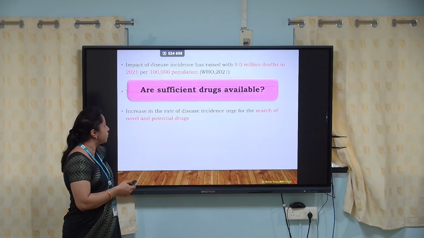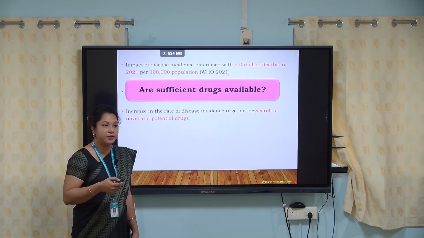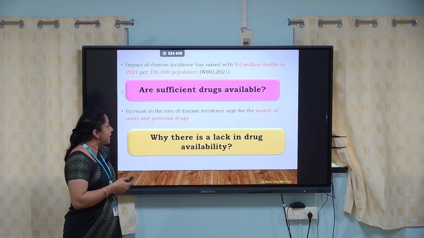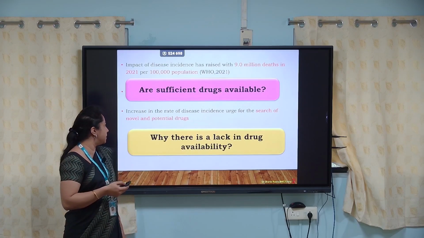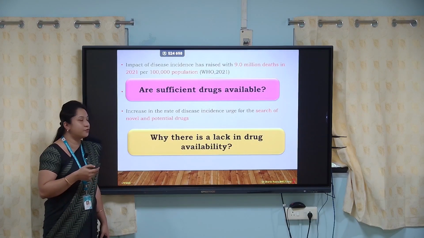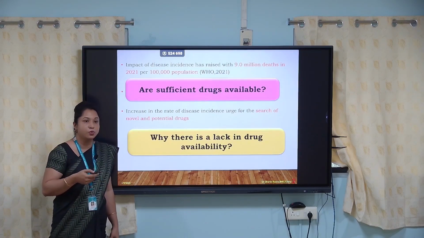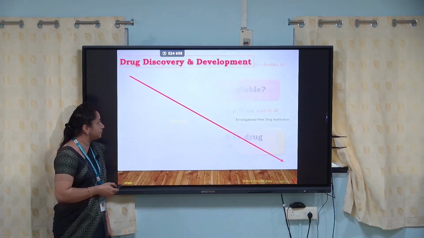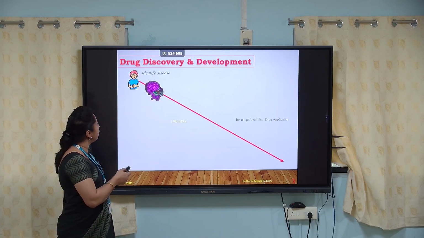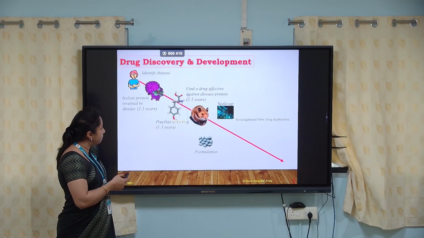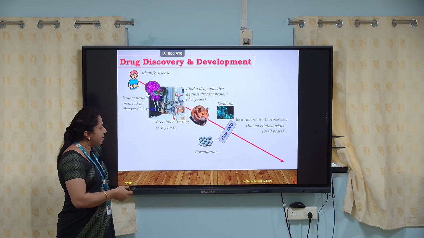Why is there an increase of disease? Have you ever wondered, aren't sufficient drugs available, and why is there a lack in drug availability? The increase in the rate of disease incidence urges the search for new, novel and potential drugs with fewer side effects. So coming to the pathway of identifying a disease, isolating a protein and preclinical studies until the FDA